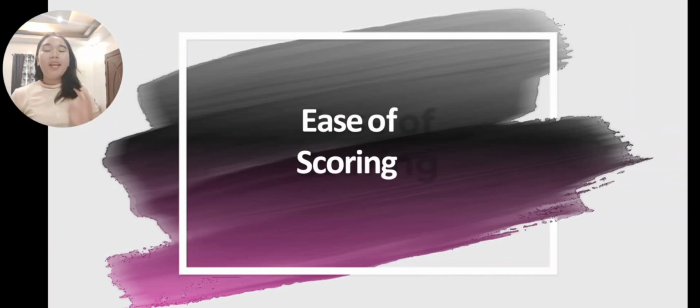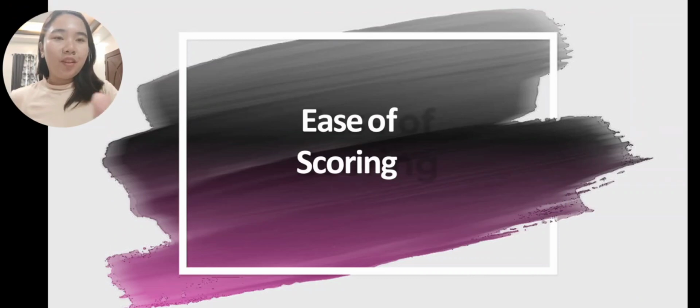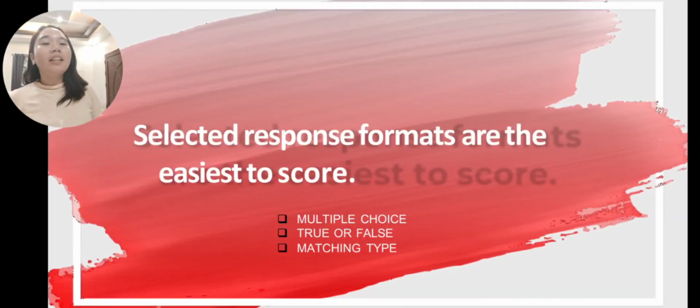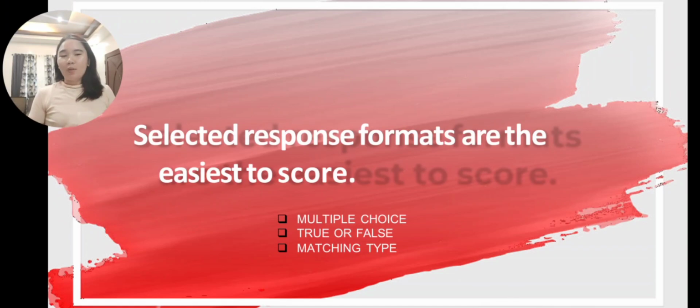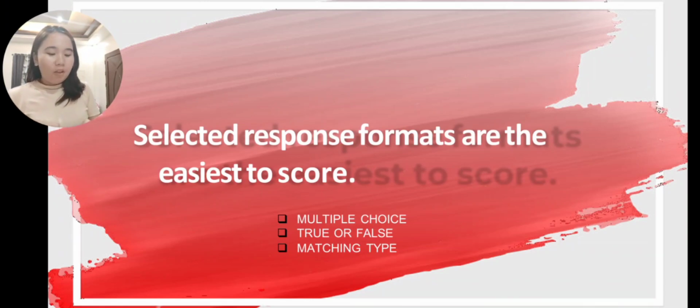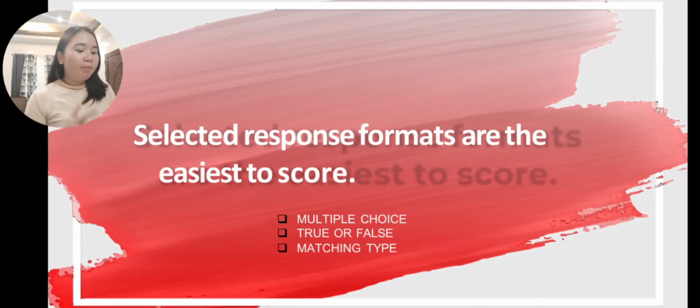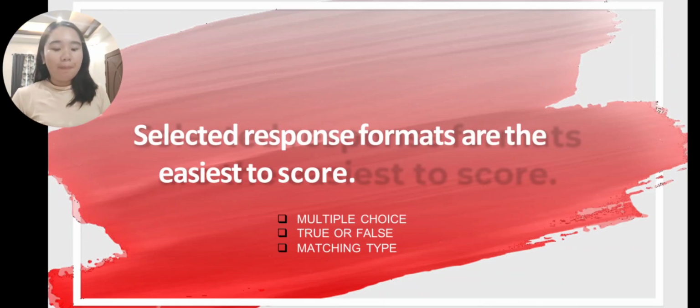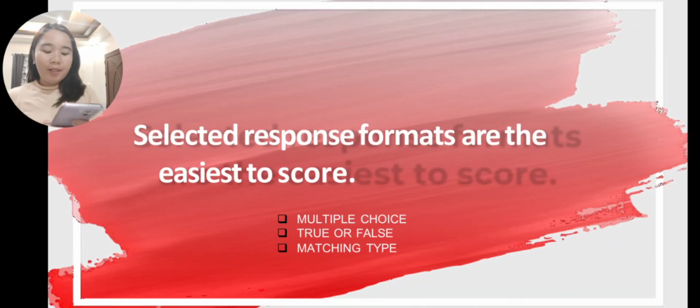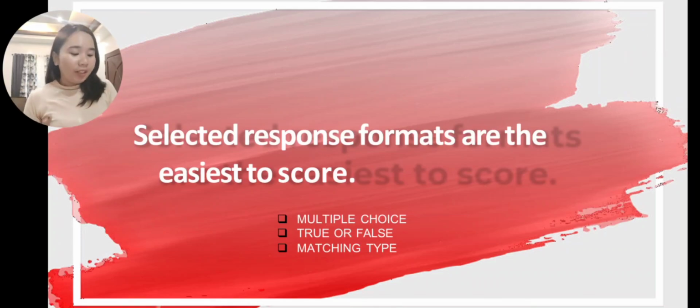Okay, so good day everyone. So we'll discuss the ease of scoring. So what exactly is the ease of scoring? So selected response formats are the easiest to score. These are the multiple choice, the true or false, or the matching type. So the multiple choice, these are easy to construct and more efficient, and the true or false and the matching type. So the ease of scoring, obviously, selected response formats are the easiest compared to restricted and more so